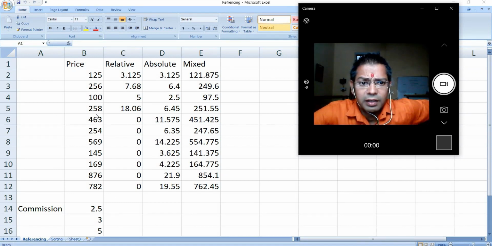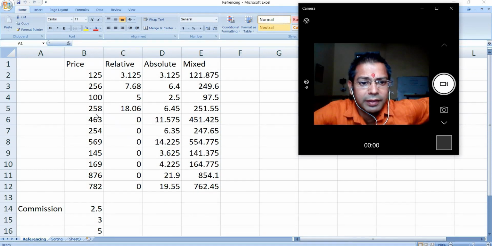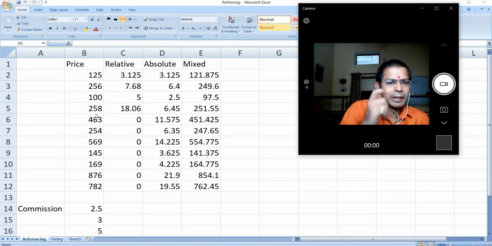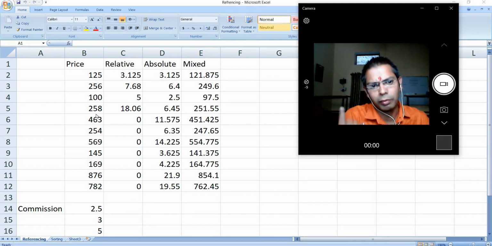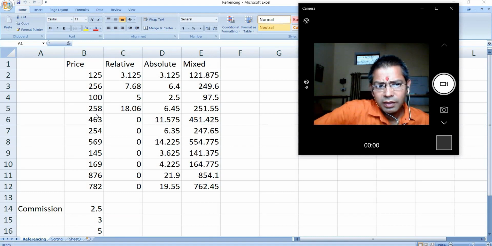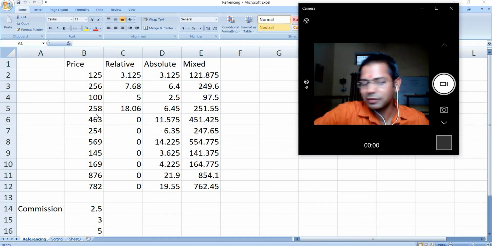Now I will tell you about cell referencing. There are three types of cell referencing. Actually, the address of a cell is called a reference in computer terminology. We say "what's your address," but here the address changes to the word reference.